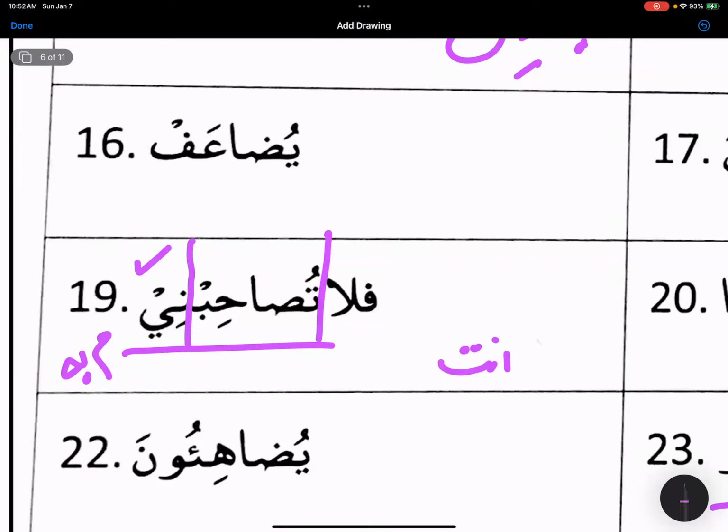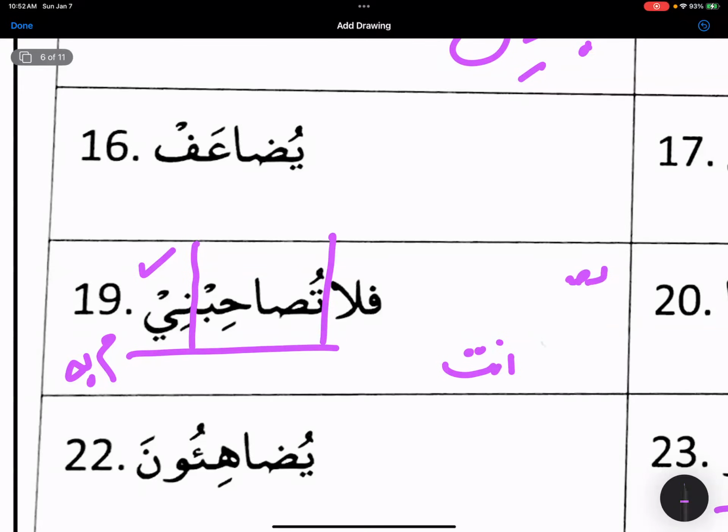If it was anti, what should it be? Sahibi. Bini. Yeah, Bini, exactly. Because anti should be tusahibini. Noon will drop. Bini, and now you drop the tu. So tusahibi. It's not tusahibi, it is tusahib. So ni is the maf'ul bihi.